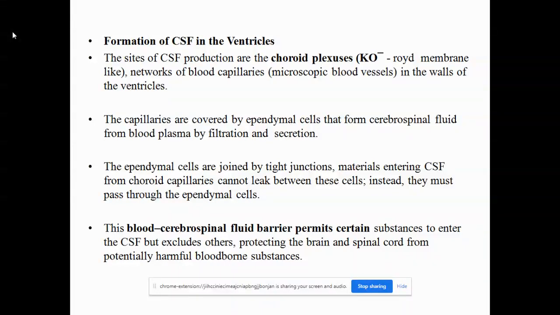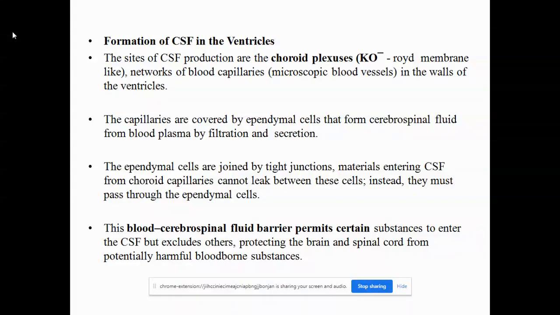So apart from the choroid plexus, the capillaries are covered by some special kind of cells called the ependymal cells. So these are the cells that form the cerebrospinal fluid from the blood plasma by filtration and secretion. So the blood which is secreted into the ventricles is converted into cerebrospinal fluid by the ependymal cells. So the ependymal cells form the cerebrospinal fluid from the blood plasma by filtration and some kind of secretion. So the ependymal cells are